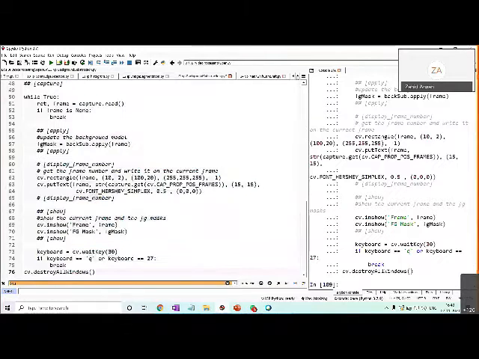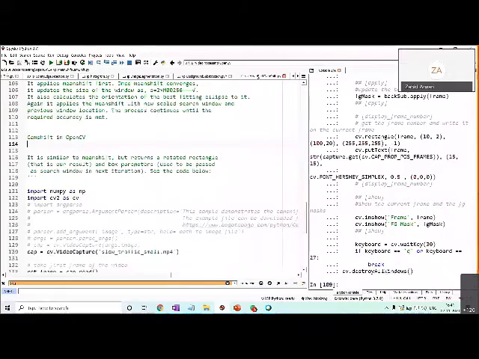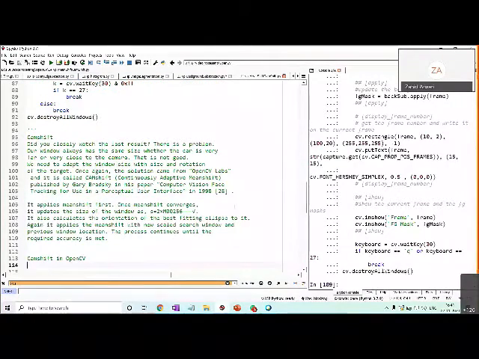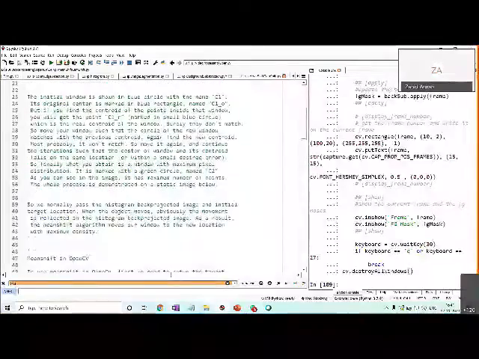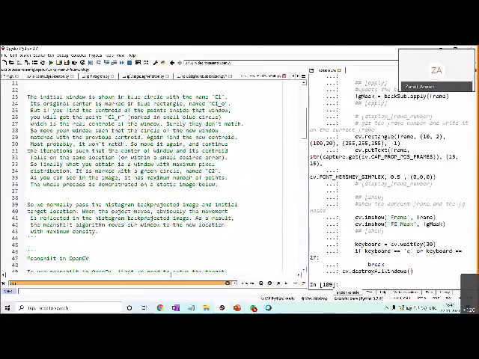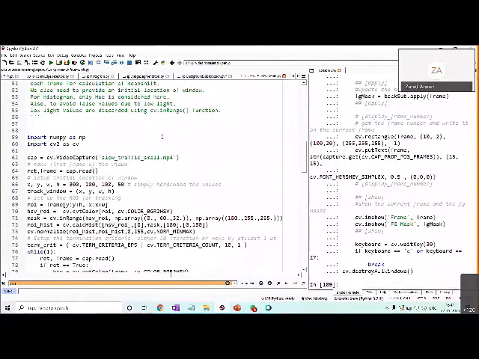Next, I'm telling you again related to video processing, the mean shift and cam shift algorithms for object tracking.